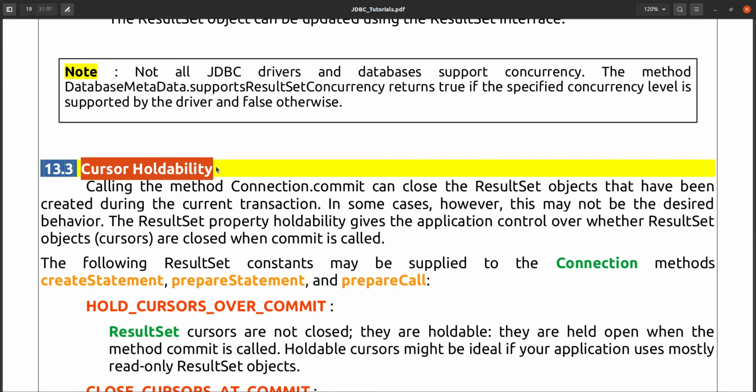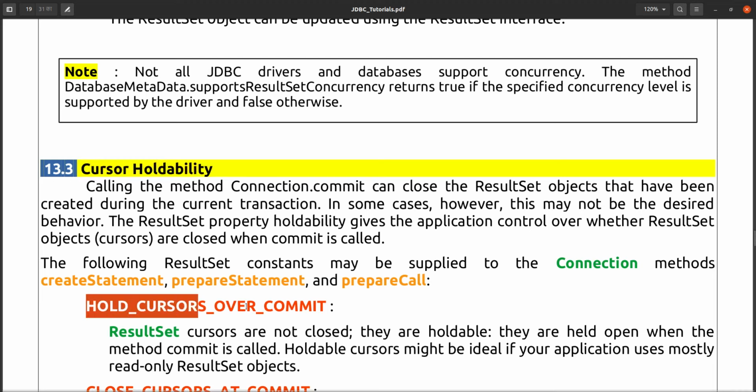And what is cursor holdability now? Cursor holdability is nothing but, suppose whenever we are finishing the transaction by rollback or by doing commit, after committing your transaction, whether your cursor is still holding, or it loses that holdability.